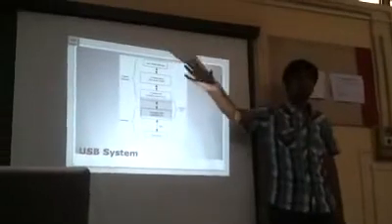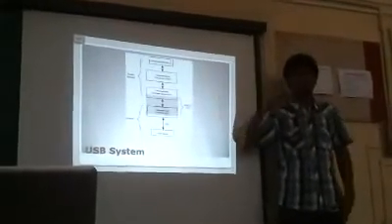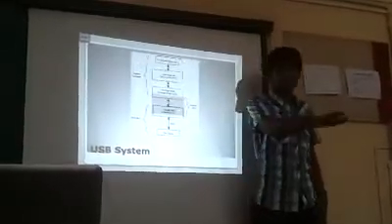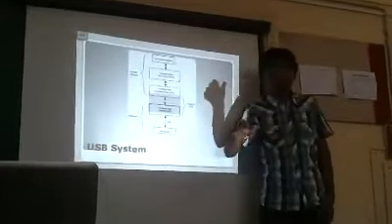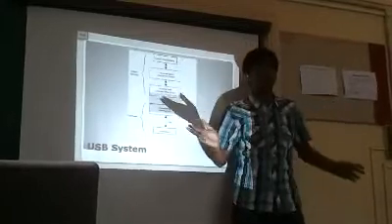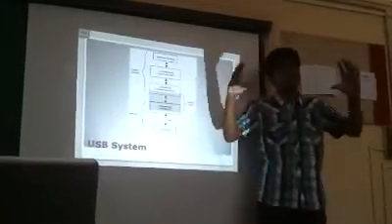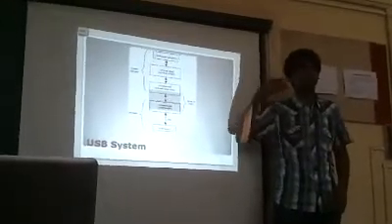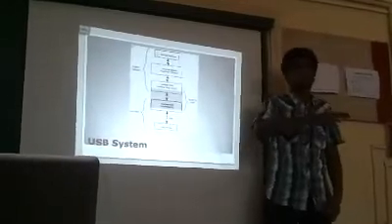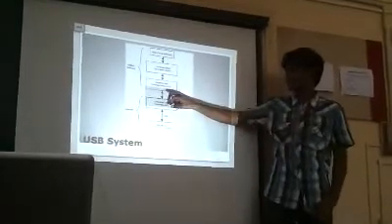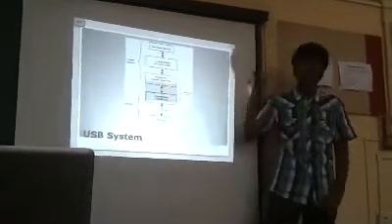This driver consists of some software part and some hardware part. For example, suppose you press the left button on your mouse and move your mouse like this. That is a drag operation. For that, there is something called the left bit. There will be one dedicated bit which will indicate that the left button is clicked, and there will be two dedicated bytes which will only contain the XY coordinates. This thing is very real time. Your mouse is so real time that it just cannot tolerate any delay. For that, this hardware part is introduced into the actual driver.